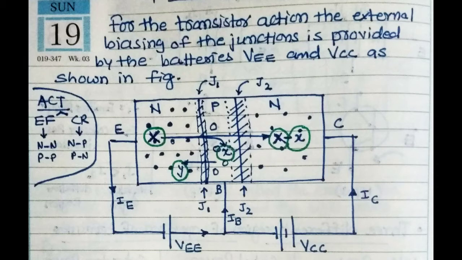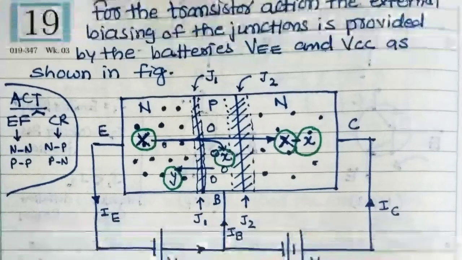That is why the electrons coming from the emitter recombine in the base with a small number of holes. Here a small number of electrons, small x, are absorbed in the base. So about 2% of the electrons coming from the emitter are absorbed in the base, and most of them, about 98%, go to the collector side. The collector area is big, but its doping is less compared to the emitter, so there are fewer electrons and enough space for collecting the electrons emitted from the emitter.